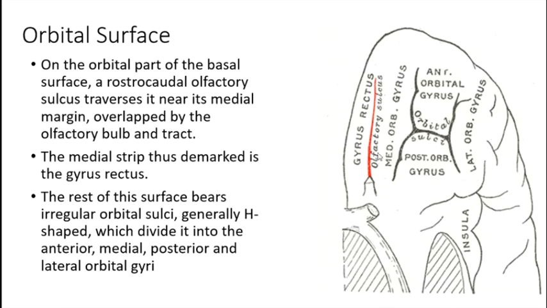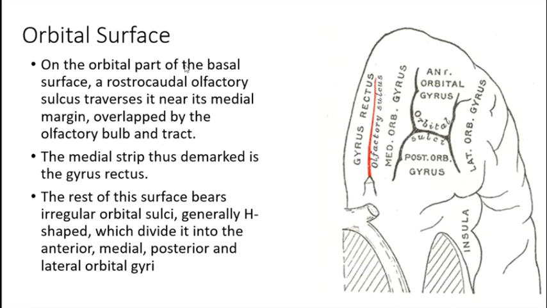So on the inferior surface you must have observed, you are shown the olfactory bulb and olfactory tract again and again. Where you see its location, it runs in something called the olfactory sulcus. Medial to it is the gyrus rectus. Rectus means straight, so this is the gyrus rectus. Lateral to it, you will see this H-shaped orbital sulci. Obviously, it will not be as H or as simple, but roughly an H. And it divides this area into medial orbital gyrus, anterior orbital gyrus, posterior orbital gyrus, and lateral orbital gyrus.